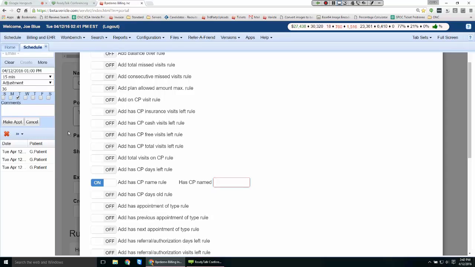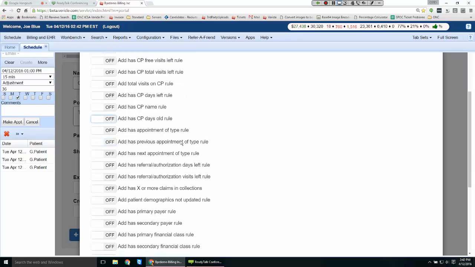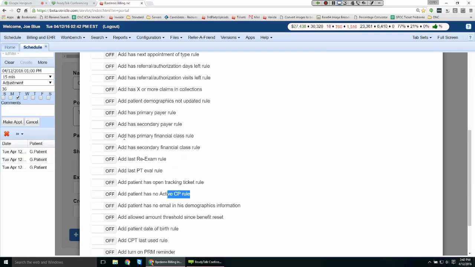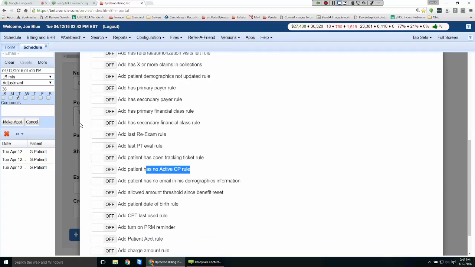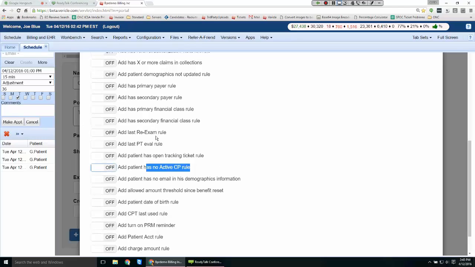Okay. All right. Now we have one that pops up if a care plan is between X and Y number of days old. So if the care plan was created with start dates 60 days ago, 30 days ago, then this alert will cause the notification to pop up. So those are the care plan specific alerts. We also have one that says if the patient has no care plan active at all. That means that they do have care plans, but none of them are actually marked as active. This one will pop up. But I think that is all of the ones that are